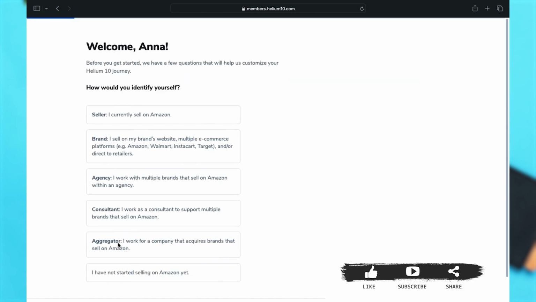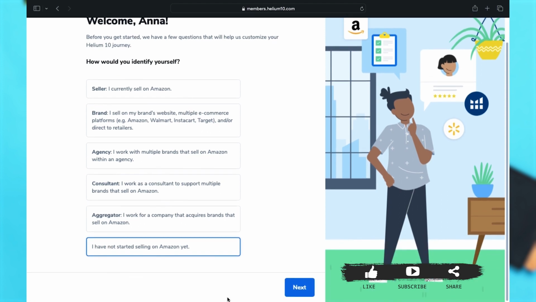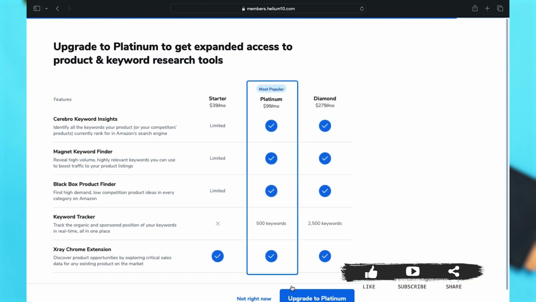Now, the website may ask you a few questions. Here, you can see the question, how would you identify yourself? If you're a seller or a brand or an agency or a consultant or an aggregator. And if you've not started a business yet or have not started selling on Amazon yet, you may click on that option as well. Once you choose an option, you may scroll down and click on the next button in blue. Once you click on the next button, a new page opens up where you will be able to look